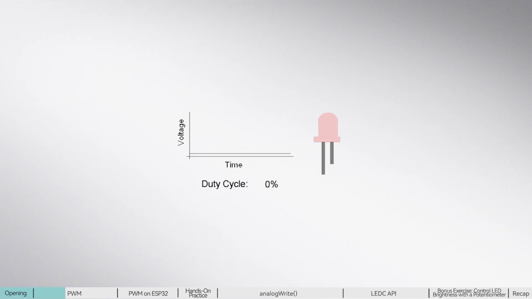When the duty cycle is 0%, the signal is always low, the average voltage is 0 volt, and the LED is completely off. When the duty cycle is 20%, the signal is high for 1/5 of the cycle, so the average voltage is about 20% of 3.3 volt, and the LED glows dimly. As the duty cycle increases from 50% to 100%, the high level lasts longer, the average output voltage increases linearly, and the LED becomes brighter. When the duty cycle reaches 100%, the signal becomes continuously high, equivalent to directly outputting 3.3 volt, and the LED